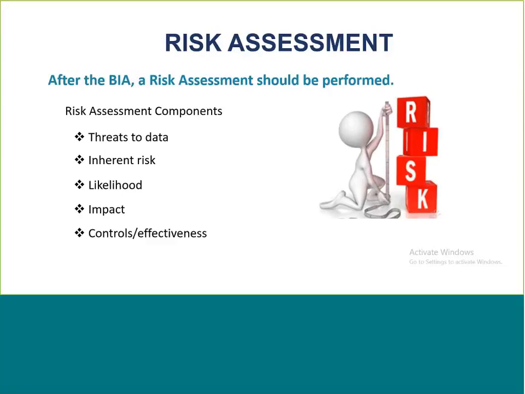And then controls and the effectiveness of the controls are a big part of the risk assessment. You want to be able to see, this is kind of the proof is in the pudding, right? List the controls that are protecting that data element. It can be various. So back to our spreadsheet example, you might say, well, we've got password protection on it. We know that those folks in finance have a logon script that forces them to back up to the server, and that server is backed up every 30 minutes. So that's a control that forces that to be backed up, and that would be quite effective, I would expect.